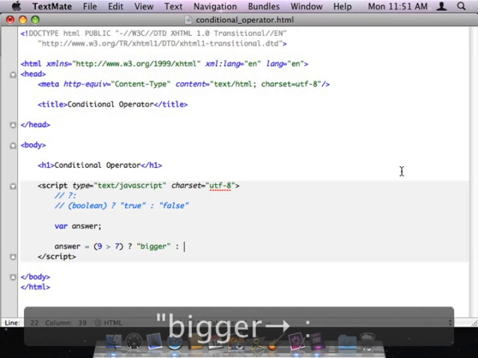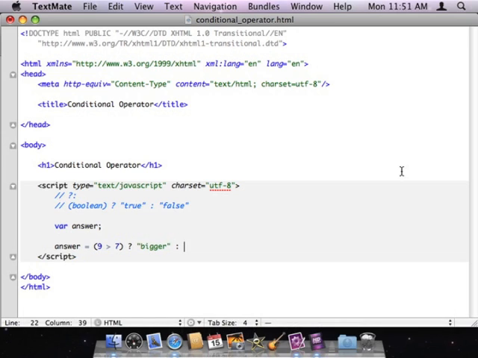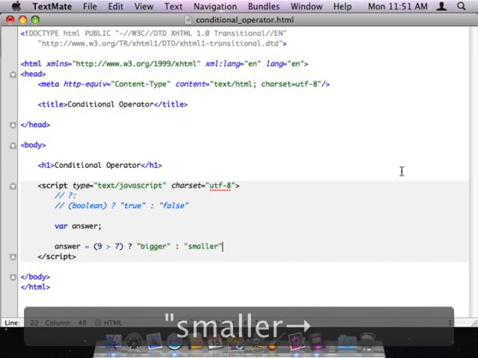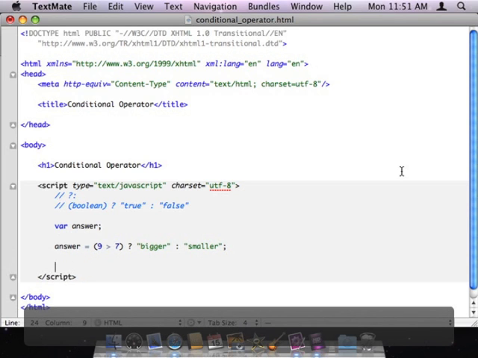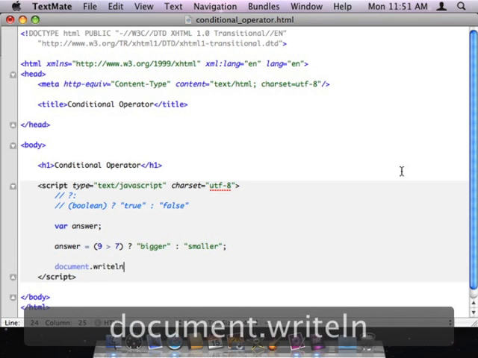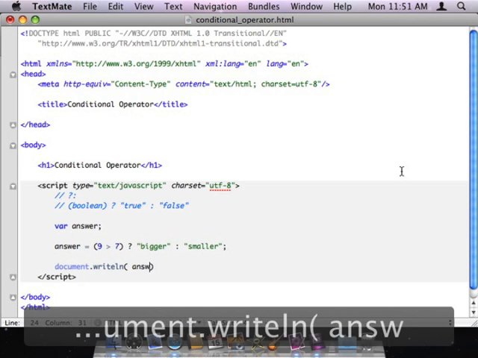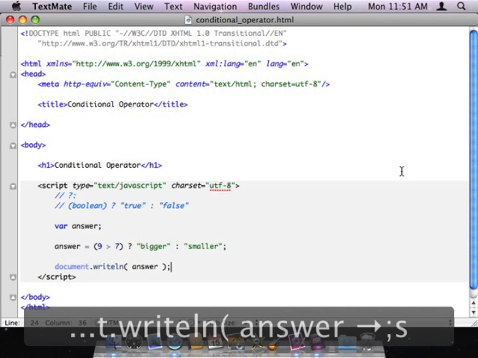I'm then going to follow that by a colon. This, of course, then is the false section. So if 9 is not greater than 7, this will be the value returned by the expression. So let me put in the string literal smaller there. If we then do a document.writeLine and we print out the value of answer, what's actually going to happen